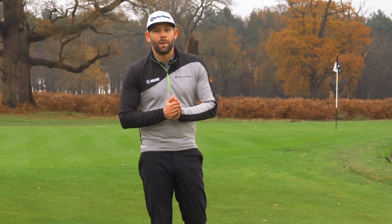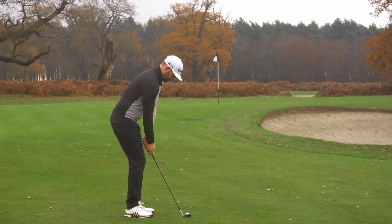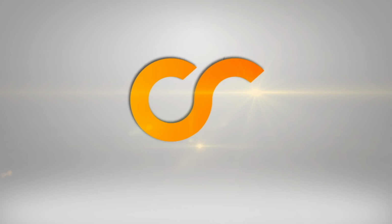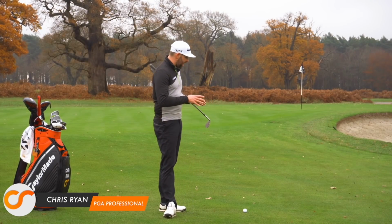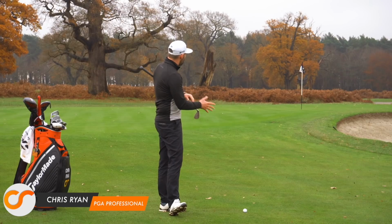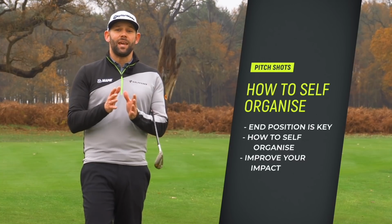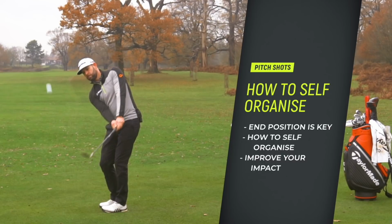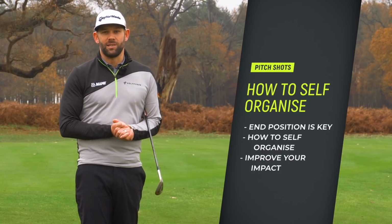Today we are talking about short shots around the green, and I'm going to show you how thinking about where you finish can really help what happens through impact. Short game is today's topic, and we have found a situation here just short of the 13th green. We've got around about 20 yards to that flag, and in today's lesson you're going to learn how thinking about where you finish the golf swing can really help you organise what happens through the downswing and into impact to help you hit these shots a little bit more efficiently